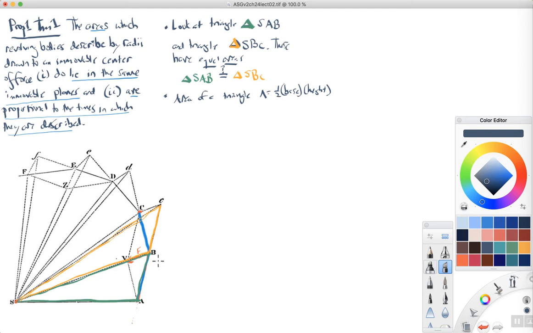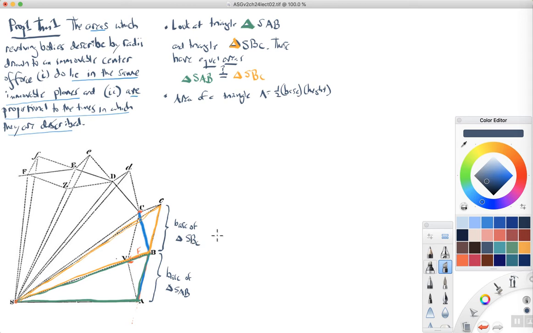Well, it's not obvious that they have the same base and height, but we can look at it this way. Think about triangle SAB. This right here is the base of triangle SAB. And think about this right here as the base of triangle